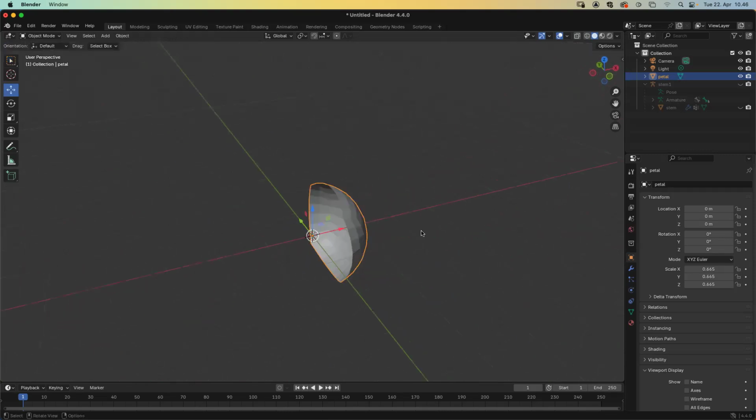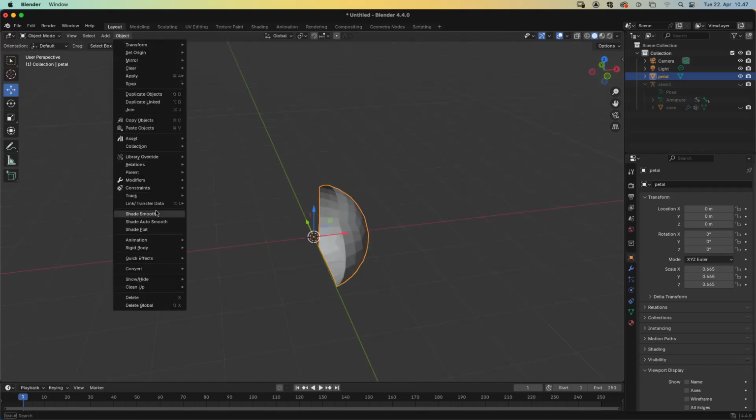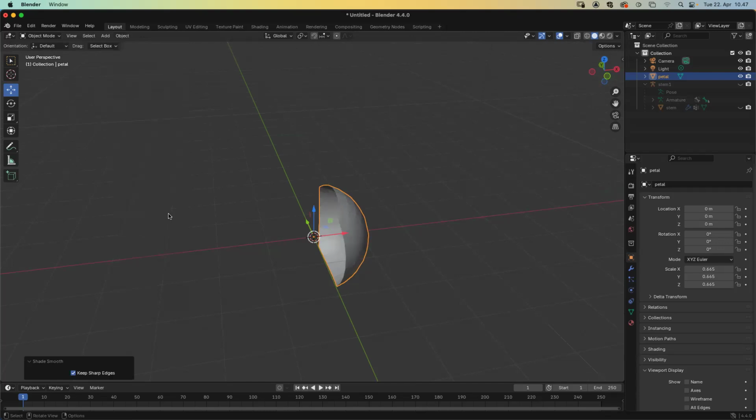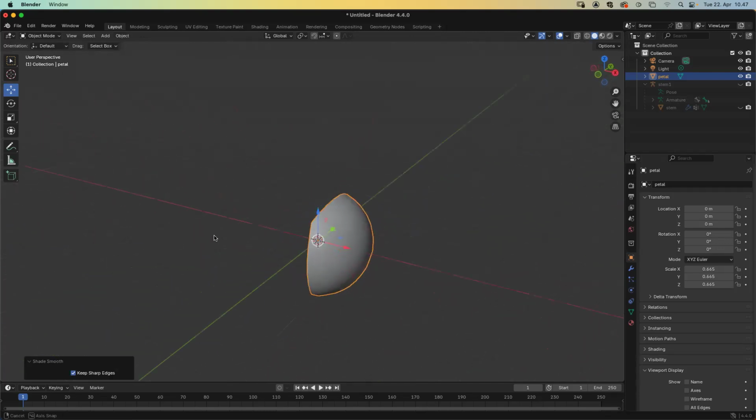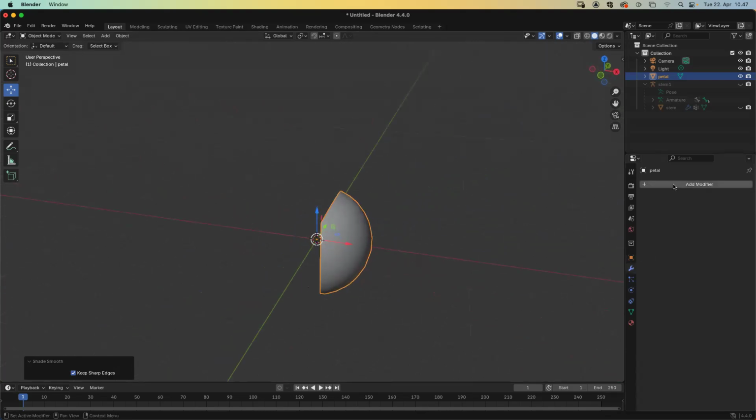So back to object mode for a while, and it's not very smooth. So let's put first some smooth shading here. Yeah, looks better. And I might need some modifier later on, but not just yet. So